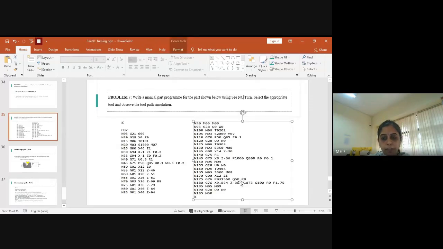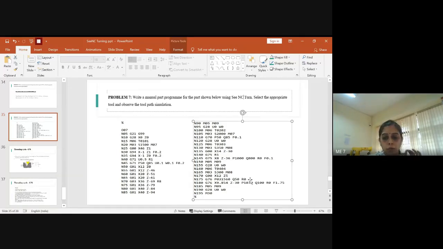It should be 500. It has been written 50 here, a typo error. It has to be converted into microns. If it is 0.5 mm, it should be 500 microns here. So Q will be 500 microns, and here the R value is not needed, but still you have to write the value as 0.